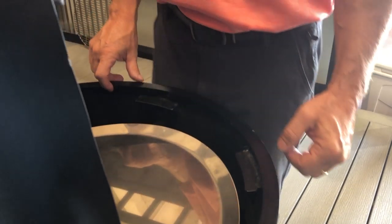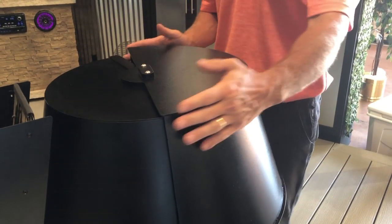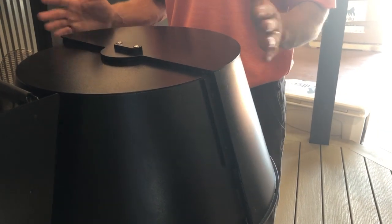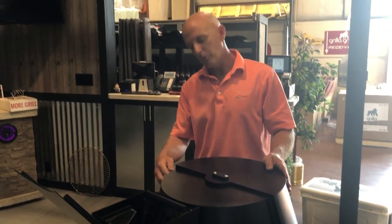The next thing we can do to check for back pressure, if that gap is good, is look at the lid. On some of these lids, they're a really nice tight fit. I mean, there's very little gapping here. You adjust your vents going here. Sometimes the sealing is really good around here. The other thing you can try, if those items don't work, is just crack your door open just a little